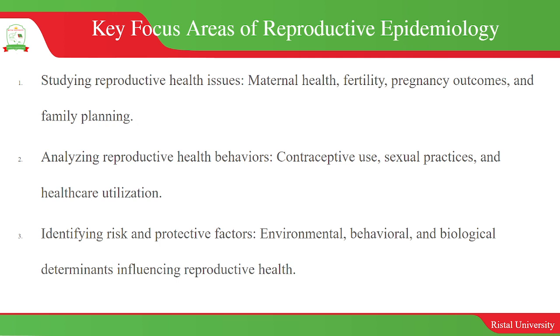reproductive epidemiology. So basically, in reproductive epidemiology, we look at the pattern or the distribution, which includes the pattern and frequency, and the determinants of these problems that we have talked about. Okay, so we look at what actually results into these health problems or reproductive health problems. We analyze and identify these factors, which ones have negative impact, which ones have protective impact.